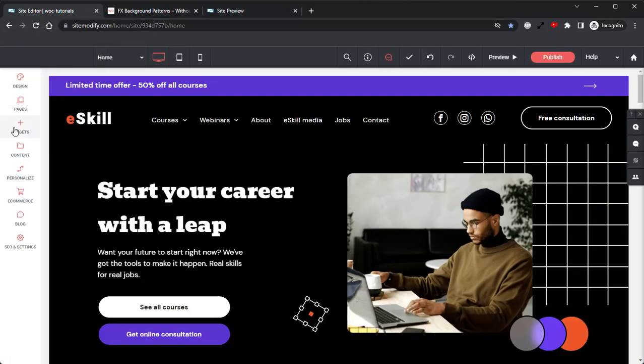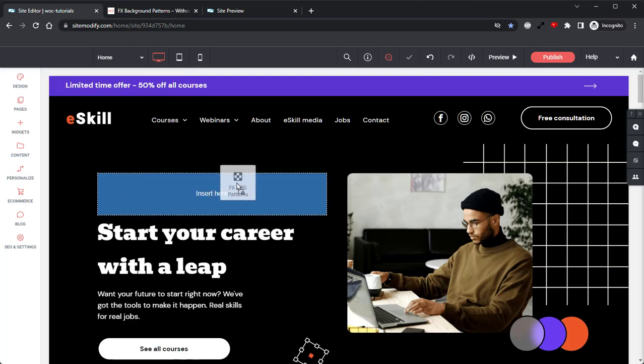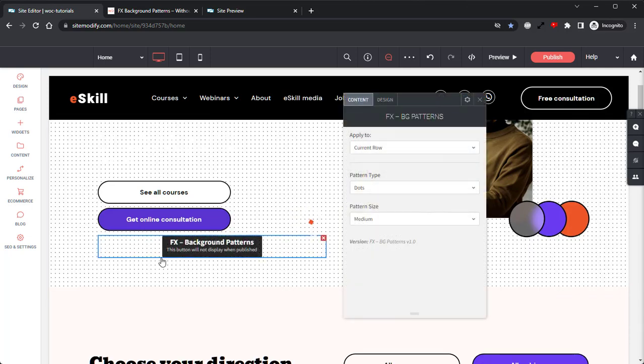First, let's go ahead and grab that widget from the widgets panel. Let's grab it, drag it, and drop it right into this row. Now it's important to note that this black placeholder for the widget will not be visible on the live published site. It will only be visible on the preview site and within the builder itself. So let's go ahead and jump into the widgets option panel here and take a look at how to set